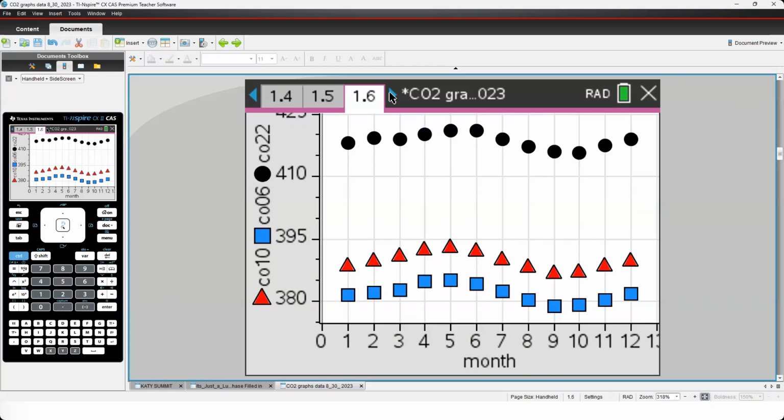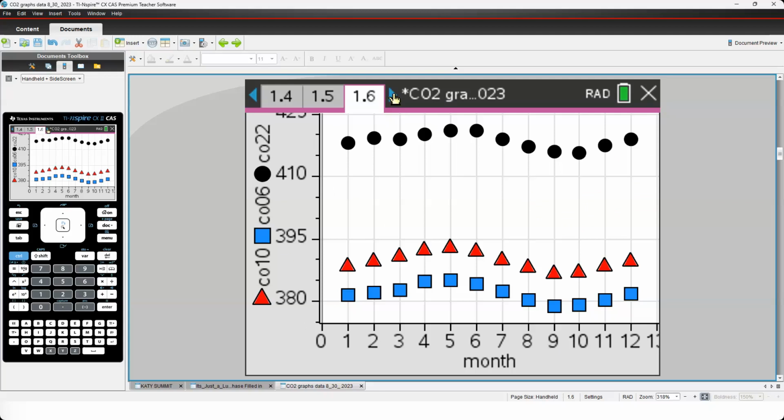All right, so I'm going to just have you guys stop now and look at those three graphs. The two bottom ones are 2006, 2010, and the black one is 2022. It's the CO2 levels from 2006 and 2022.